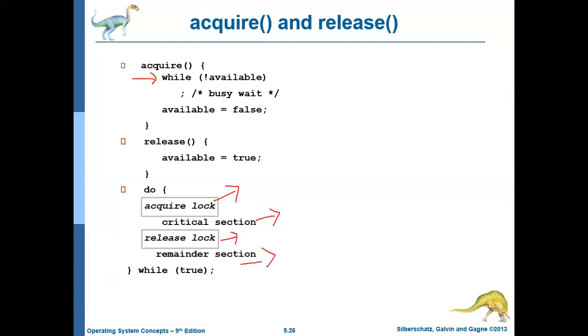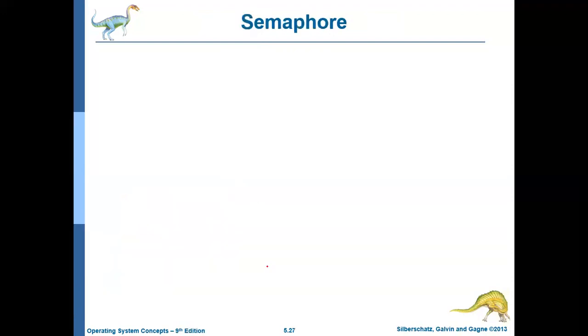Okay, so this is how basically mutex lock works, and mutex lock is a software based solution. Okay, the next concept we will be discussing is semaphore. So semaphore is a more robust solution to the critical section problem than mutex lock. This is also a software based solution, and